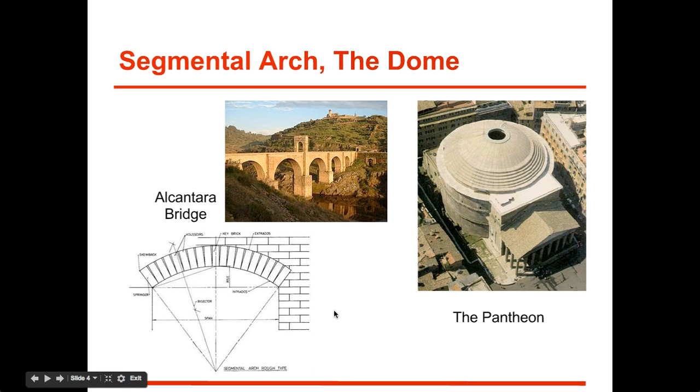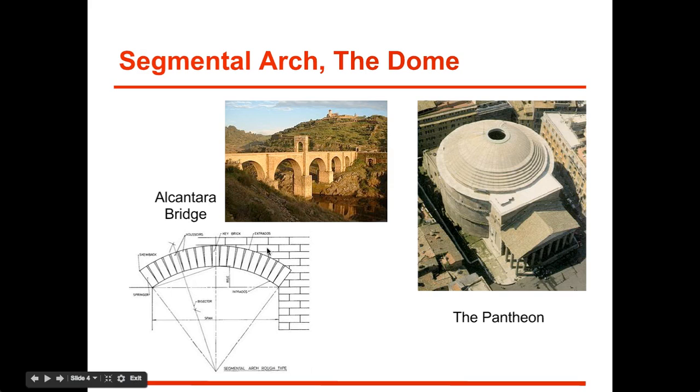What the Romans figured out is that you could actually have several arches together rather than one perfect semicircle, and they were able to use this. This is the segmental arch, kind of how it's designed as a structure. Here, this is the Alcantara bridge, and you can see these are really those perfect semicircles, but you could see them also more like this. You'll see them in buildings as well as in bridges, and they provided support. They were able to carry a lot of weight.